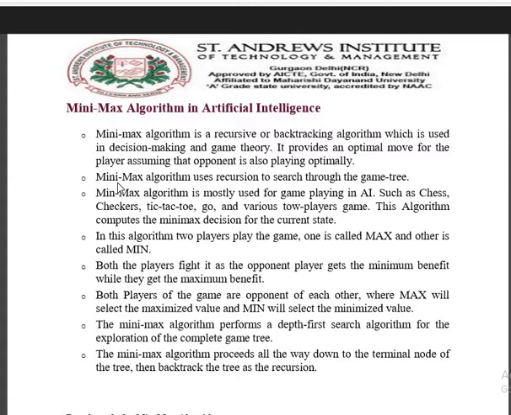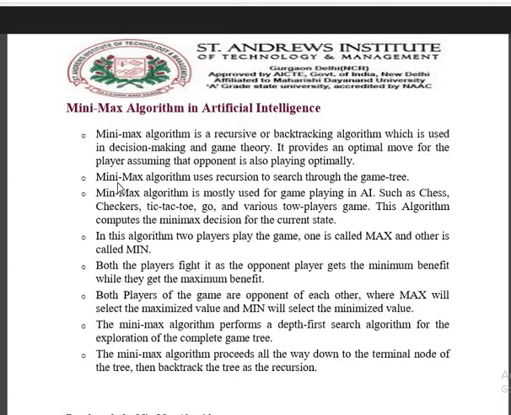Also, when we are doing game planning, breadth first search is not applicable. Definitely it comes to mind: if we have the breadth first search technique, why are we applying backtracking? In the BFS case, when we implement it, a player playing any game will have two options. At one position you are able to move to only one state. So it depends on the number of moves. And in BFS we follow breadth-wise searching, so simultaneously either min can move or max can move, but both cannot continue at one position.